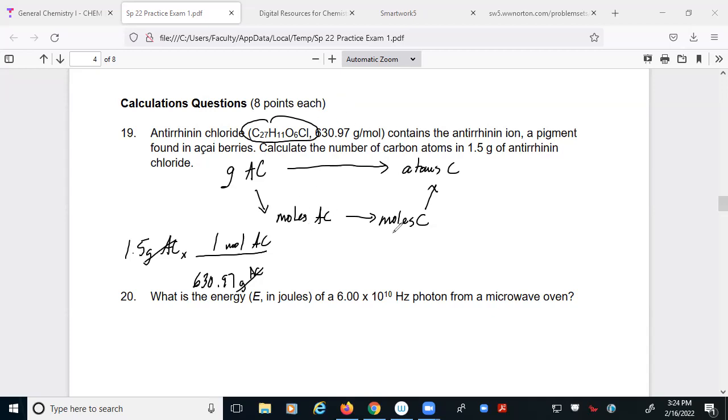Now we have moles of AC, we want to turn it into moles of carbon. Anytime we are going from compound to element, we're going to use the chemical formula, getting ahead of myself. Balanced chemical equations, that's Monday's lecture. We're going to use the chemical formula to relate the two. We know based upon the chemical formula, every molecule of AC has 27